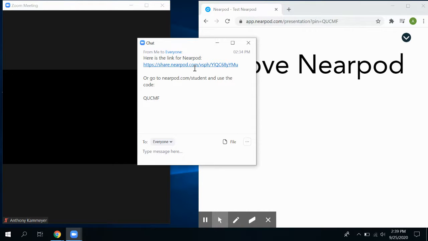However, on some devices, that won't be a possibility. So you have to make sure you go to the website nearpod.com/student and use the code that your teacher gives to you. If your teacher does not give you a code for the Nearpod, please never be afraid to ask for that code in the chat. If you don't see a code for the Nearpod, you can always type in the chat,